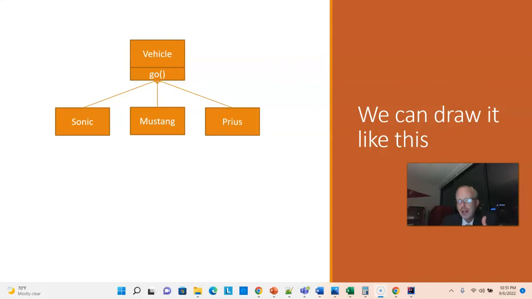We add our Prius, and we say, oh, wait a minute. Prius has special behavior, so we're going to override the go method and provide that special behavior in the Prius. And if necessary, we can still use something called super to call the behavior from the superclass. Now, as we get into inheritance and extension,